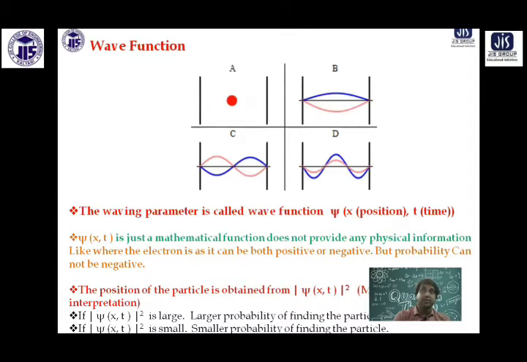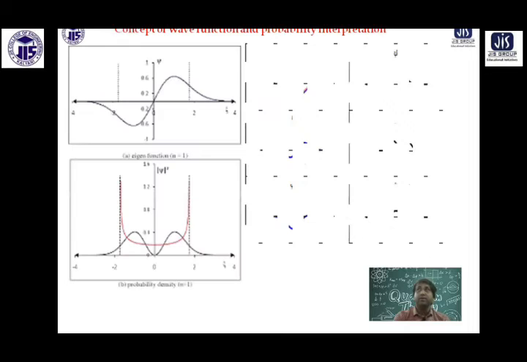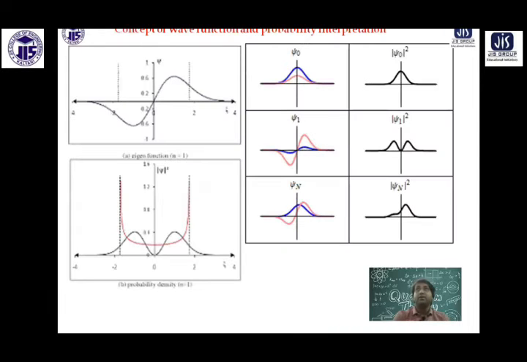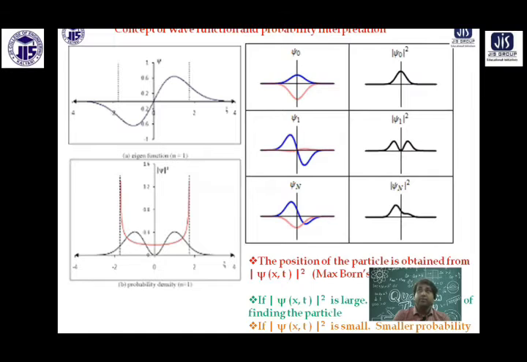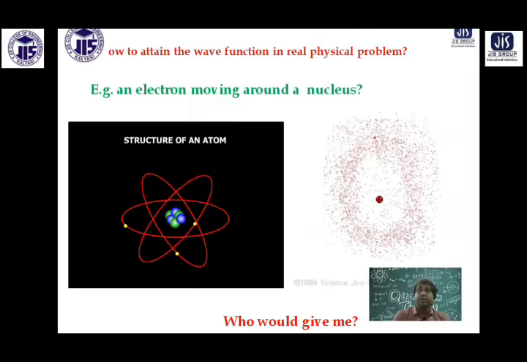This is called Born's interpretation. This gives total probability equal to 1. You can see this is psi square. Now you see the probability, the chance of finding the object, is varying as the matter is moving. I am calling that variable a function psi, so that its square modulus is always positive.